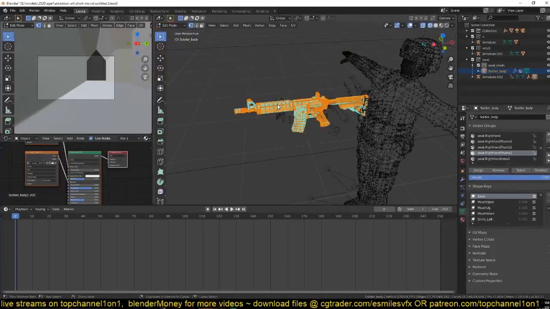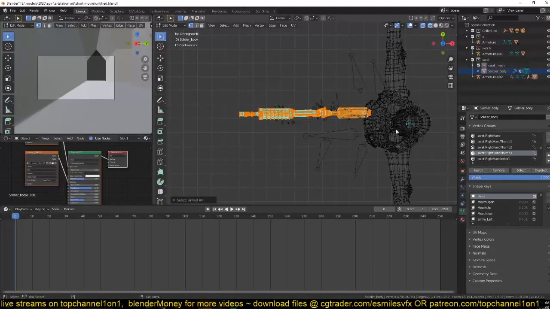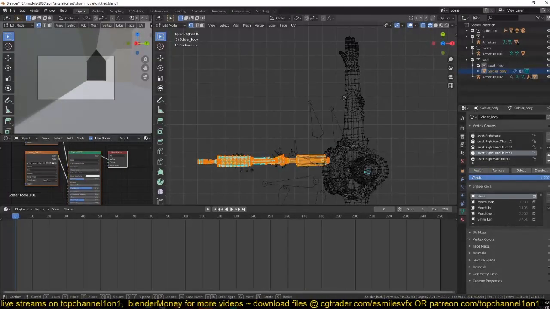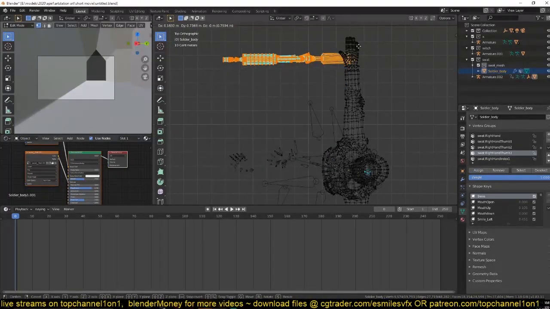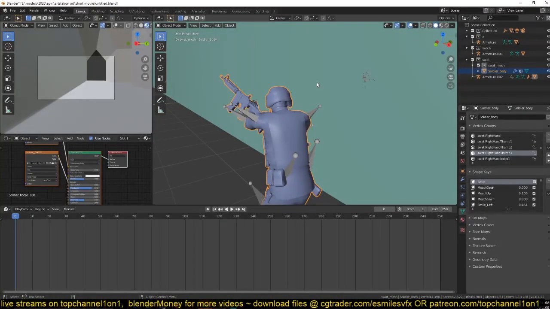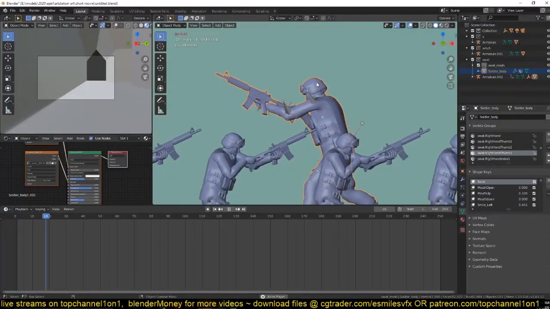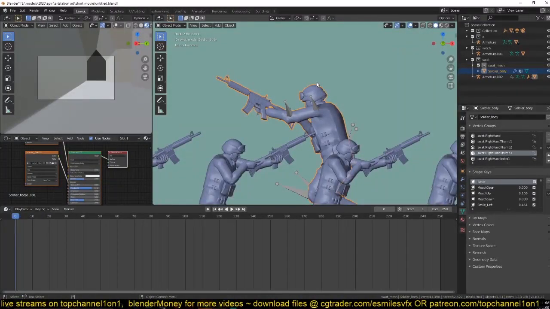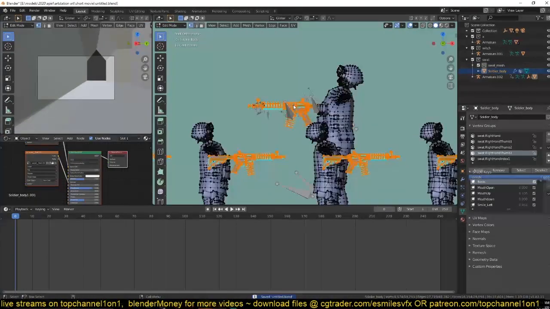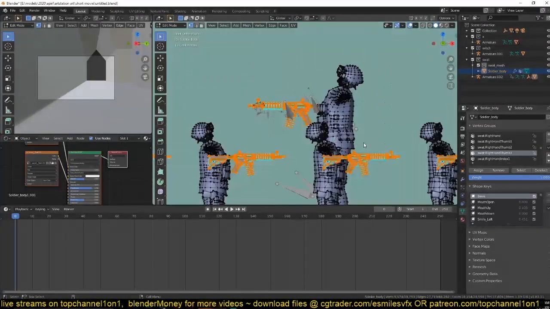So it seems that we should be around there, and now everything looks a bit better, but we need to reposition, rotate this better. Let me see if I can